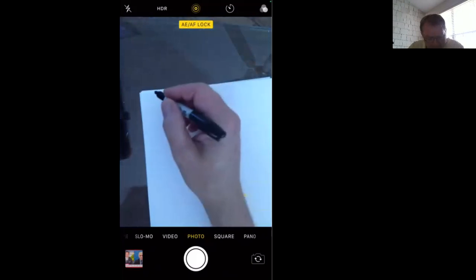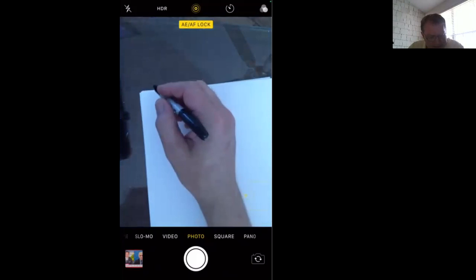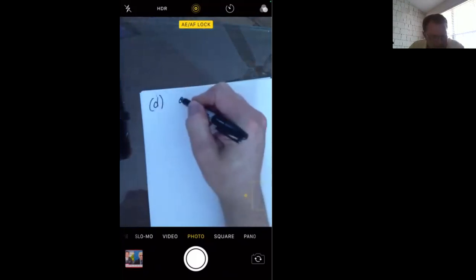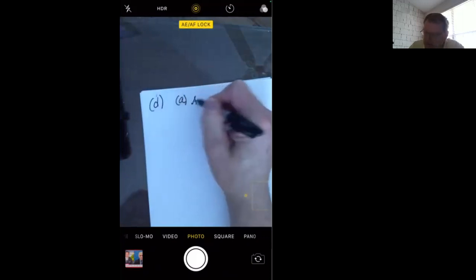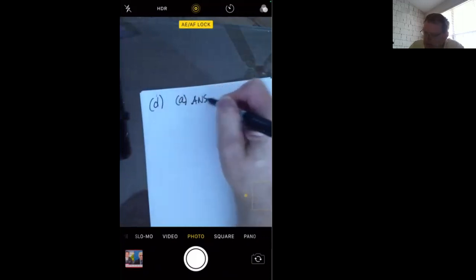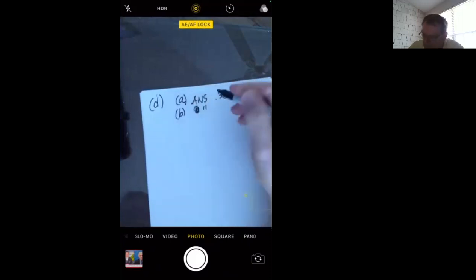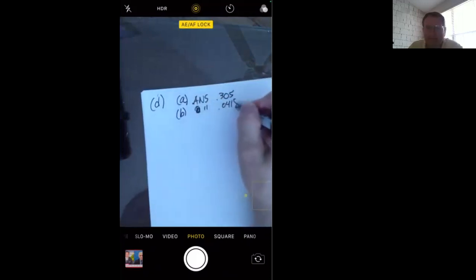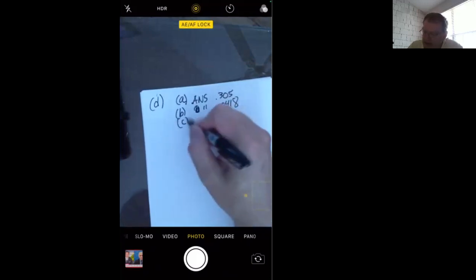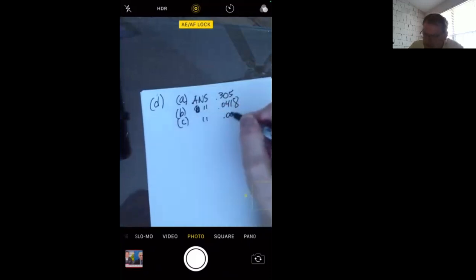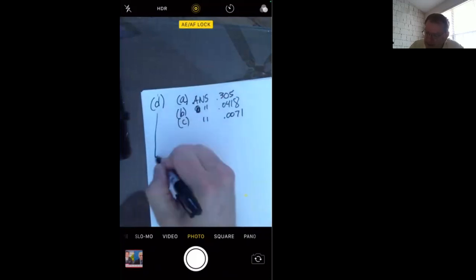D. Well, you can see, I'll rewrite the answers. For A, the answer was 0.3085. B, the answer went down to 0.0418. And C, the answer went to 0.0071. And so the answer to D